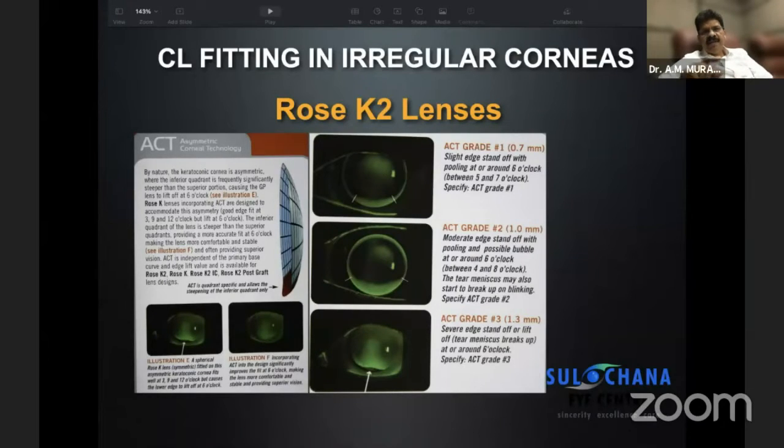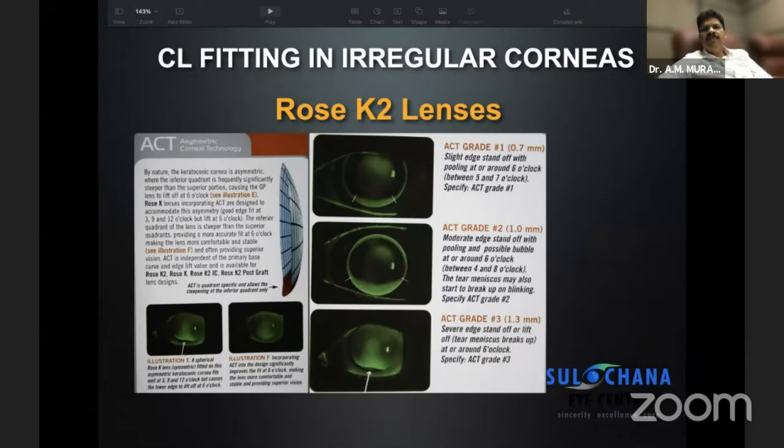For these cases, as you can see in the contact lens design on the left of the image, the lens can just be made a little steeper in the inferior part. It doesn't mean that it is in the inferior part of the lens, but the moment you place this lens on the cornea, that aspect of the lens will come and sit on the inferior portion of the cornea. So thereby you can actually stop vaulting of the lens in the inferior part, which is a major reason why the lenses get flicked out of the patient's eye.